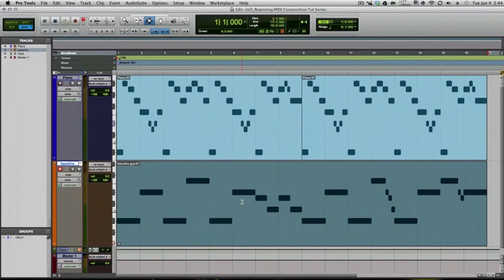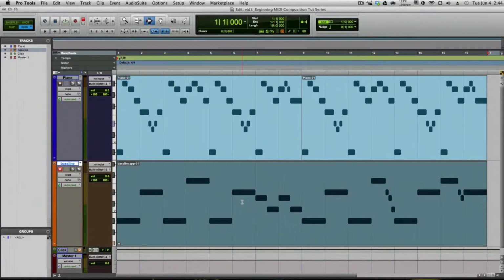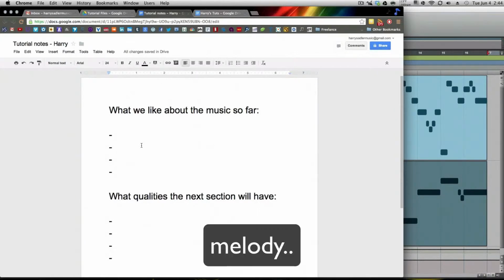So what about this music do we like so far? What are the qualities that this part has that maybe we want to contrast with the next section? I'm going to play the music while I think about it and write down some ideas. So I have a Google Doc open. Let's make some notes. So the melody, the piano melody, is very happy